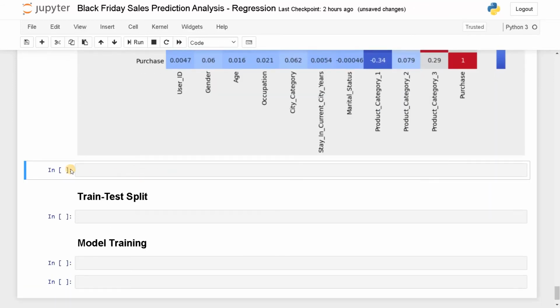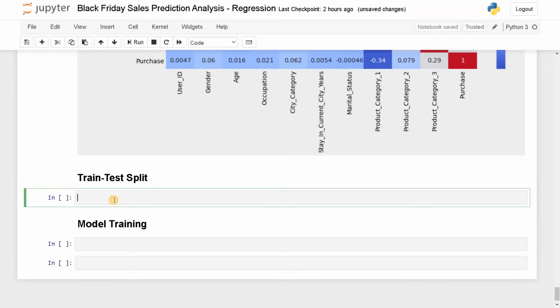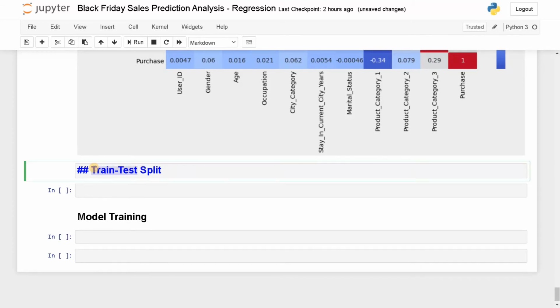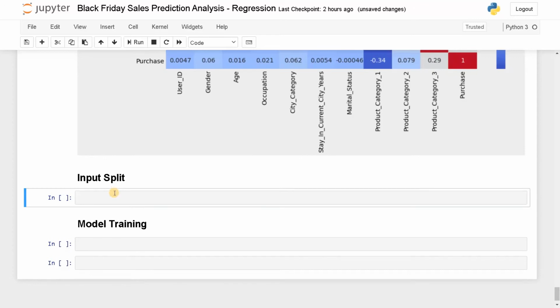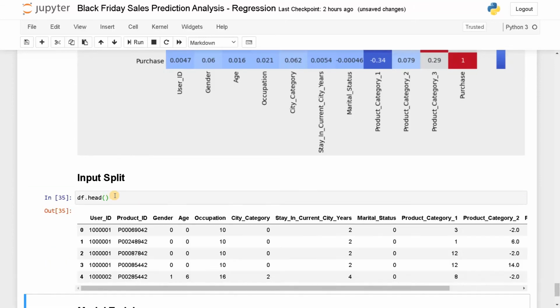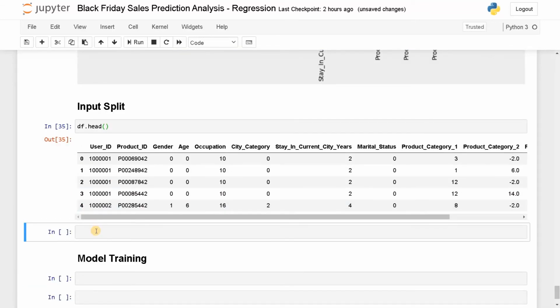Okay, let's go for the train test split. We will change this to input split. Maybe I need to change this by default. Okay, now for splitting the input, before that we will display the whole data set to see what is there. So this is the data we have. X equals df.drop columns. We need to drop a few columns. So the first one is user ID, so it should not be biased.